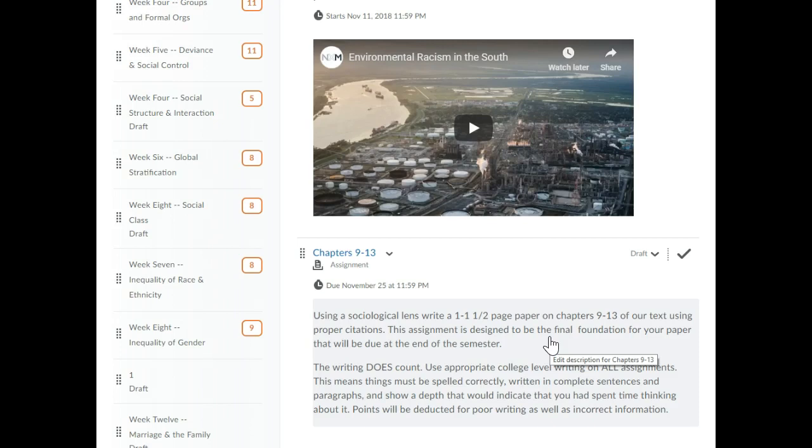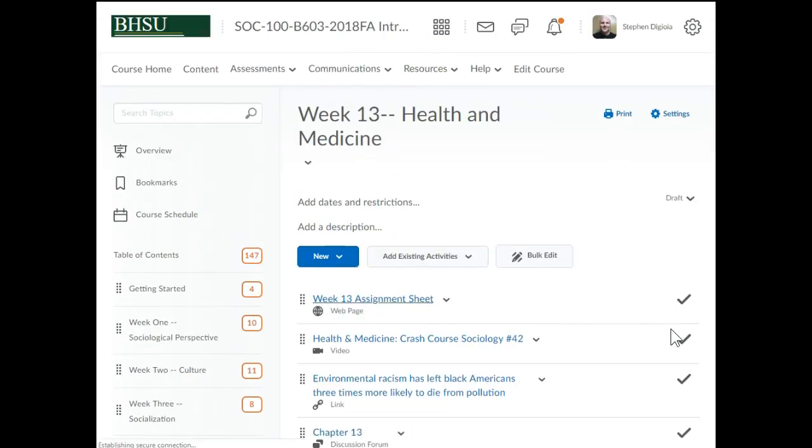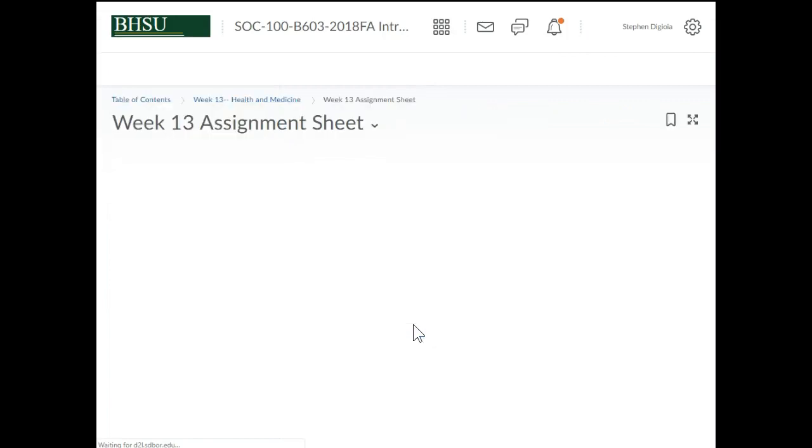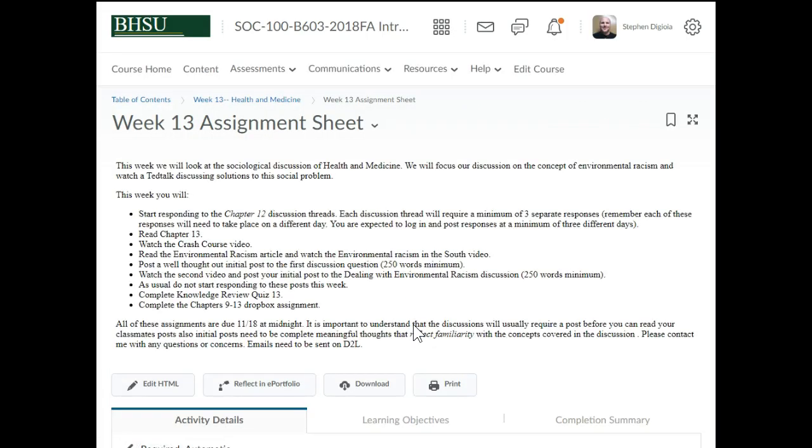You do have 2 weeks to finish this, so these can overlap. I do urge you to try to move ahead a little faster if you can and get it done this week, just because I know you have other classes, and some of them can be quite difficult to get everything done on time. And so I don't want this class to be really tough for you. And you'll appreciate it at the end. So here again, I do have the Dropbox updated, so the assignment sheet's updated, so it does reflect the chapters 9 through 13. If you have any questions, again, get back to me.